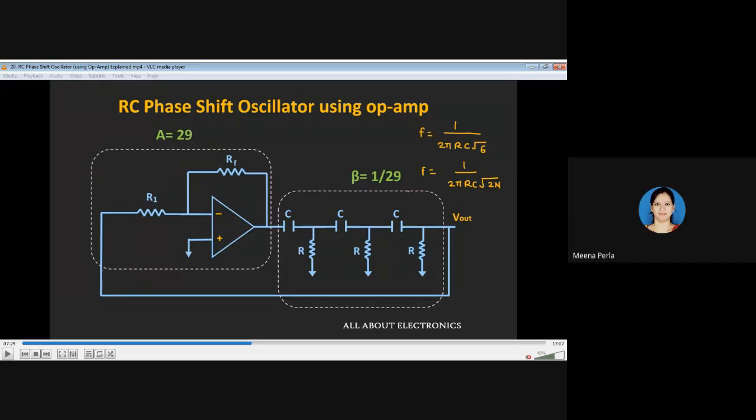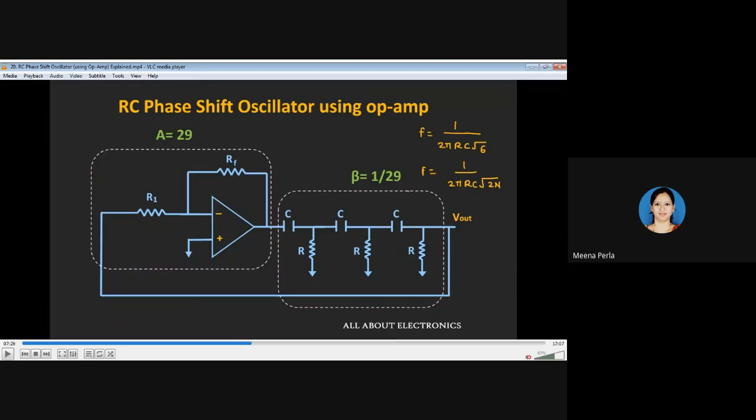We are going to start from the previous topic where we stopped. We have seen the introduction to what is an oscillator, how it works with positive feedback, because we are using an operational amplifier and applying a feedback network to it. Then we saw the two Barkhausen criteria, where the loop gain A beta should be equal to 1, but practically we design it such that A beta is slightly greater than 1.